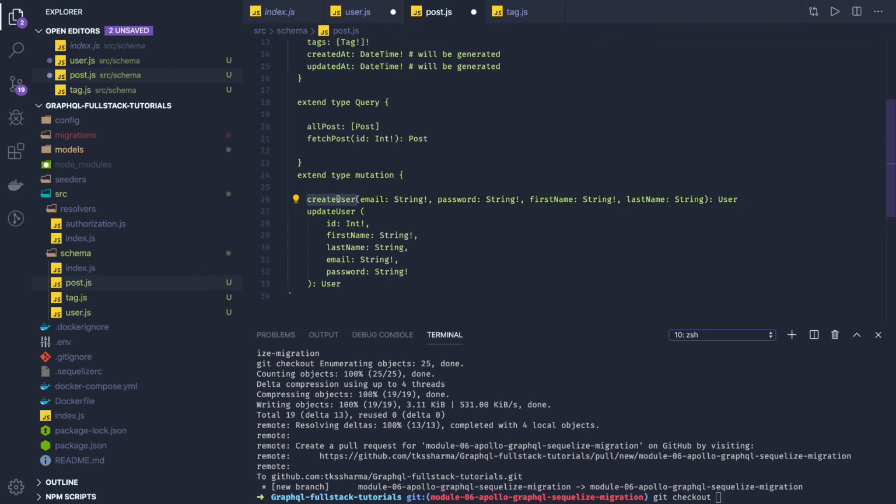We can just do add post, and what input you need for add post: title, content, and status. Status means you are publishing it or putting it on hold, so it is of type boolean.